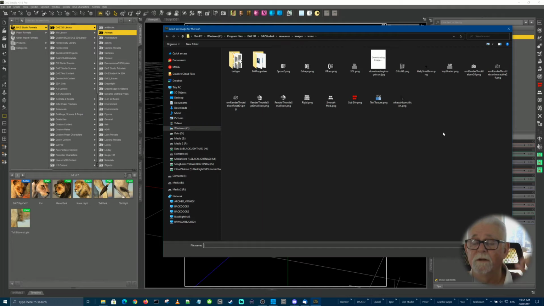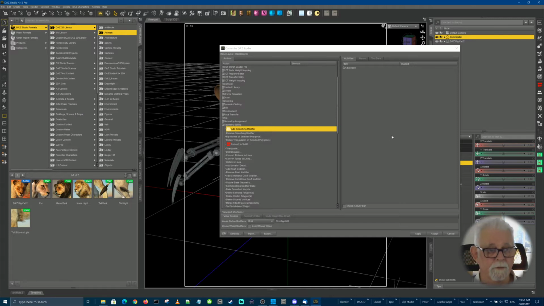You can put it anywhere you like, but it does prefer to live within the program files of a direct folder of DAZ Studio, or in the DAZ 3D uses app data roaming, DAZ 3D resources, icons. You can put it in there too, but things need to be in your runtime directory or your content directory for DAZ Studio to find it. So same way, caveat or warning